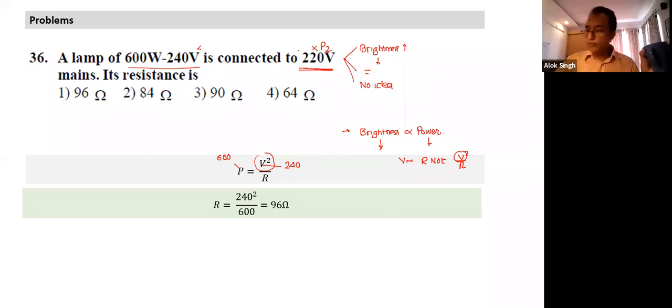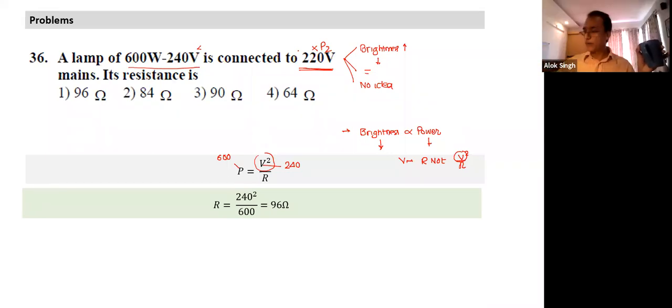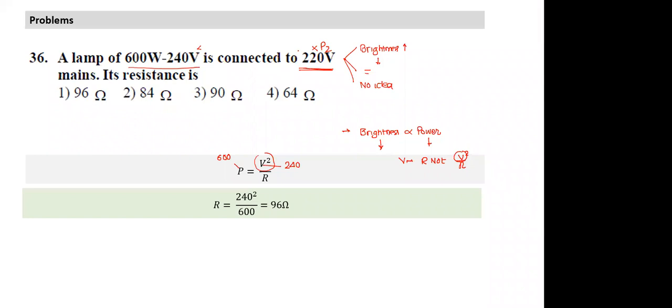Have you seen this at home these days? We don't notice, but sometimes the power supply voltage drops. You notice the brightness of the bulb also decreases. Some of the older bulbs used to do that. Suddenly the voltage will be very low, and when the voltage is low, everything becomes dim. Yes, you would have all noticed that.